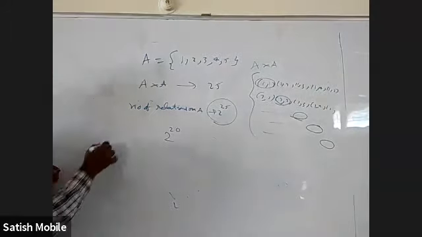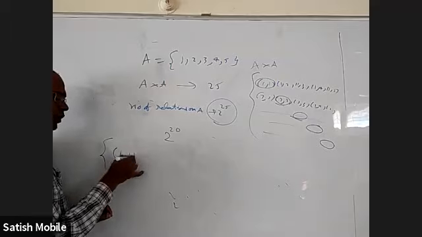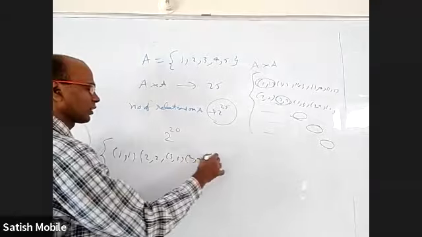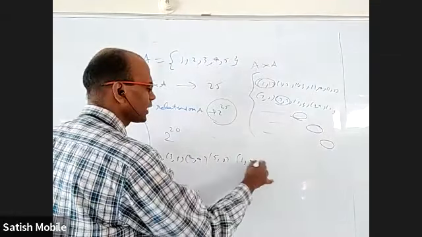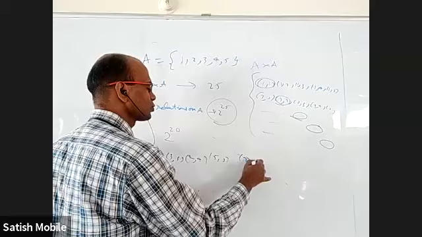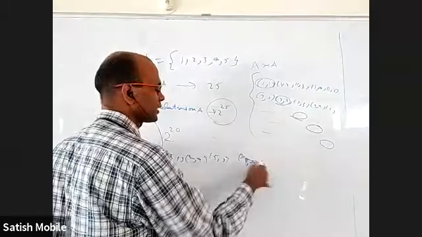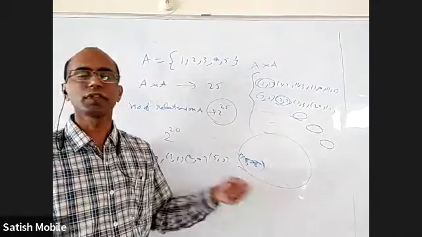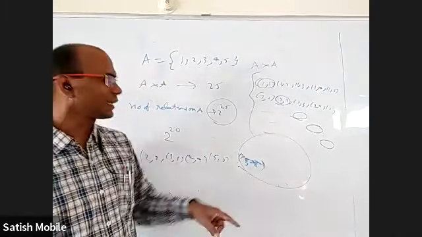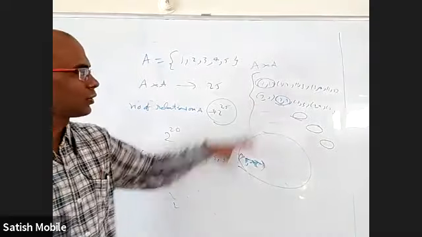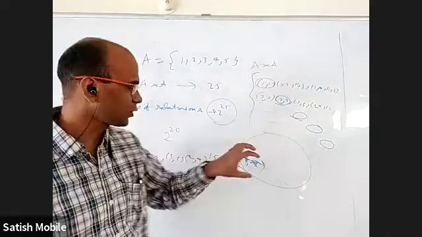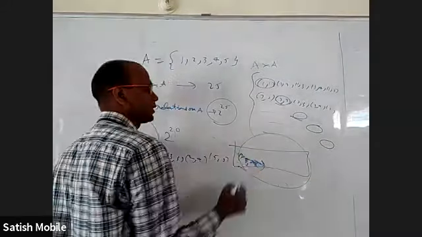So let us try to write a reflexive relation. Write 1 comma 1 must, 2 comma 2 must, 3 comma 3 must, 4 comma 4 must, 5 comma 5 must. You may choose to write 1 comma 2, you may not choose. You may choose to write 2 comma 3, or you may not write. You may choose to write 3 comma 2. Of the rest of the 20 elements, you can keep none of them, 2 of them, 3, 4, or 5 of them. That is subsets of the rest of the 20 elements. You take all the 20 elements together as a set, and any subset of that you can put here. Right? That is 2 power 20.